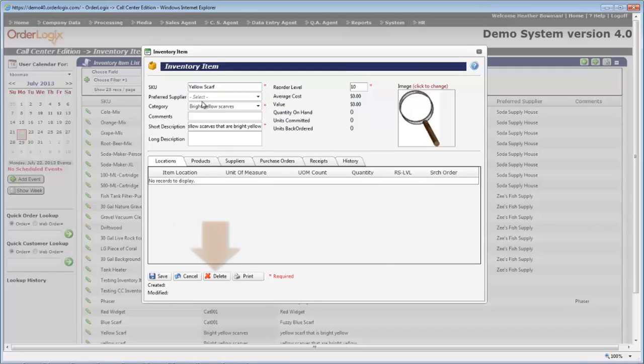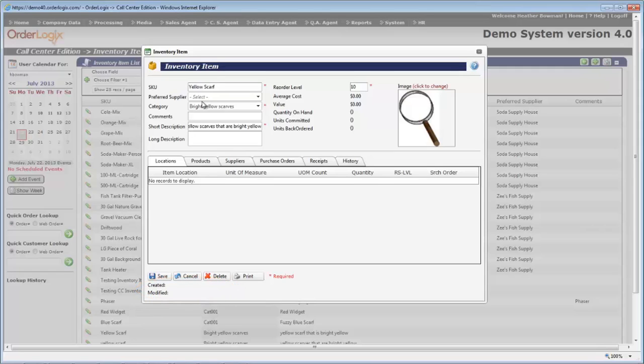Another option that you have when in the inventory item details screen is to delete the item that you are currently working on by selecting the Delete button. You will see two data fields displayed below the buttons called Created and Modified, which will display the user that created the inventory item and the date that it was created, as well as the last user that modified it and the date of the change. Once you cancel, delete, or save the screen, it will refresh and your changes will be reflected in the inventory